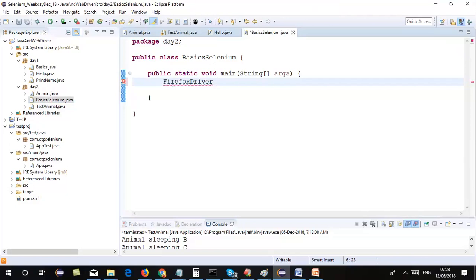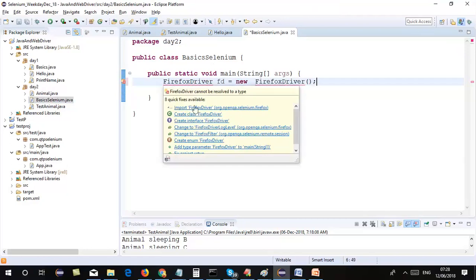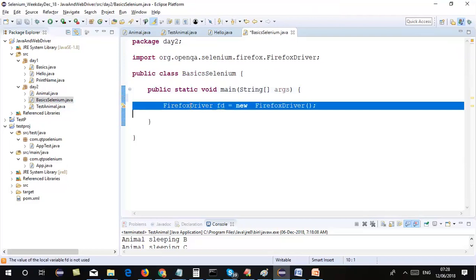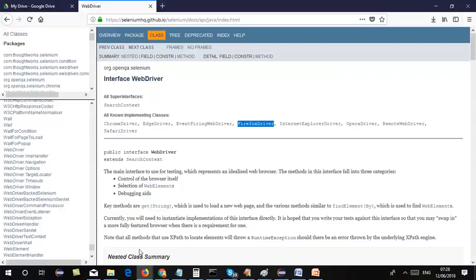If I write Firefox driver ft equals new Firefox driver, and move the mouse over this, it will give me the option to import the Firefox driver class from one of the packages inside the jar file. Okay, and in order to work with Firefox, it's not just that you have to create the object of this class. You also have to,